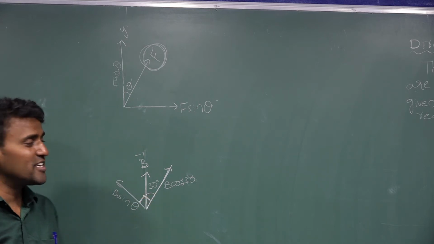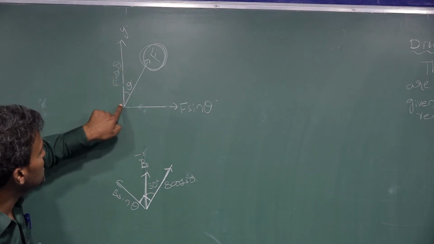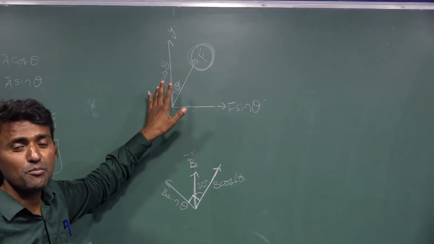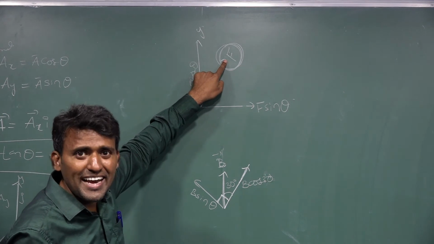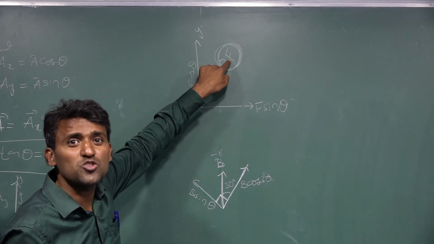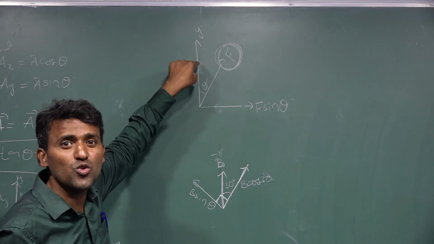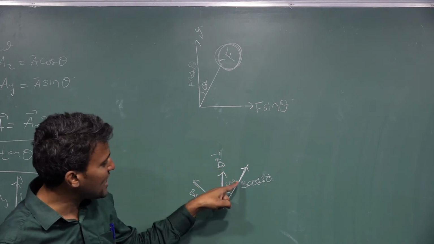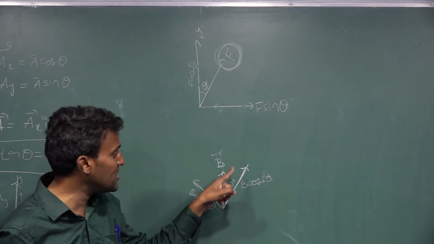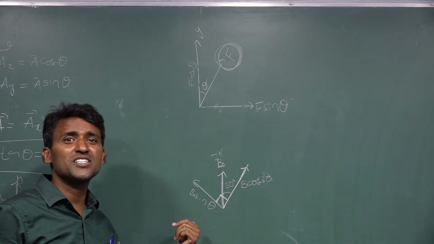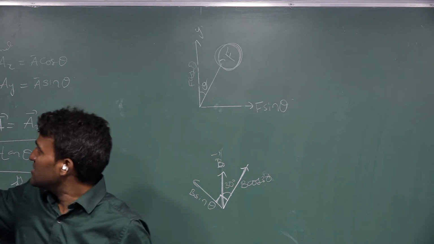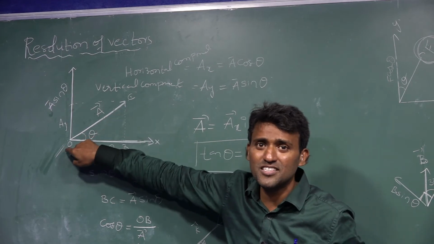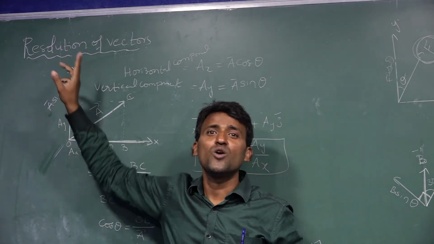You have to understand here. See here, I have written it appearing vertical, but I have taken this as the horizontal component. Why I am taking it as the horizontal component: because this vector is making an angle theta with this one. Now F is resolved into two components. This is the horizontal and the remaining one is the vertical. B is making an angle of 30 degrees with this vector, so this is the horizontal component and the remaining one is the vertical component. And here also, this A vector is making an angle theta with the x-axis, so this is the horizontal component and the remaining one is the vertical.